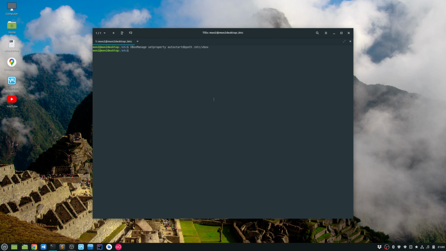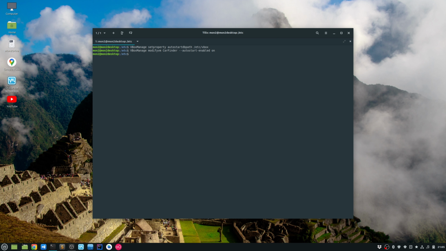And then the next thing that you need to do is modify your VM to enable autostart, enable on or off. So for that, you can run this command: vboxmanage modifyvm, and you can provide the VM name. So I have a VM called car finder, and then you can set the property autostart-enabled. You can pass the parameter on or off. So I'm going to set it to on. So that way I have set my car finder image to start automatically.